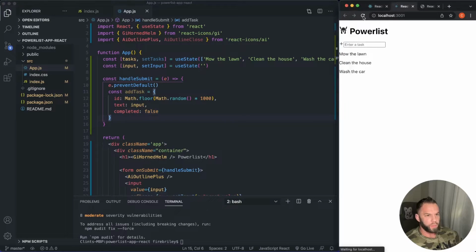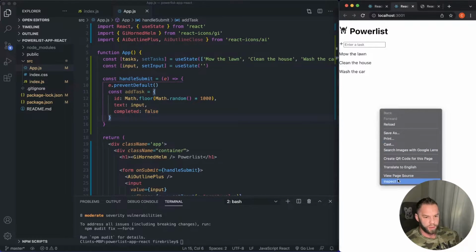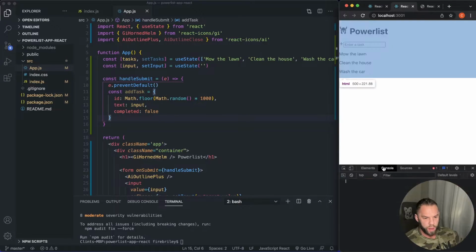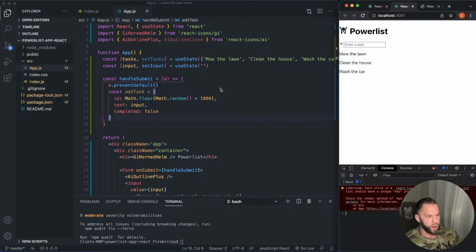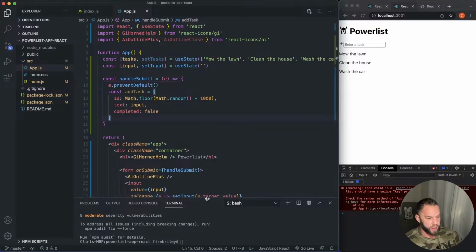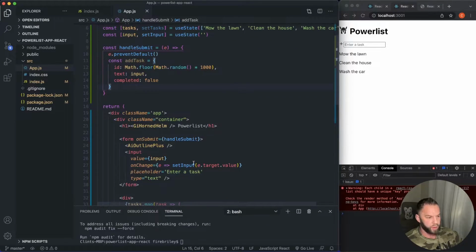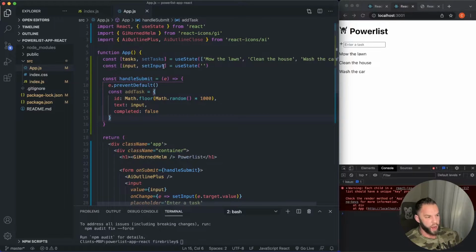Now, let's see if we might get some errors. Console log. Okay, yeah, we don't have any keys. That's okay. We're going to come back and fix that. It's saying that React likes to have keys when we map through things, and we don't have that because right now we haven't added any task with any IDs. So we can actually delete this because when we add a task,